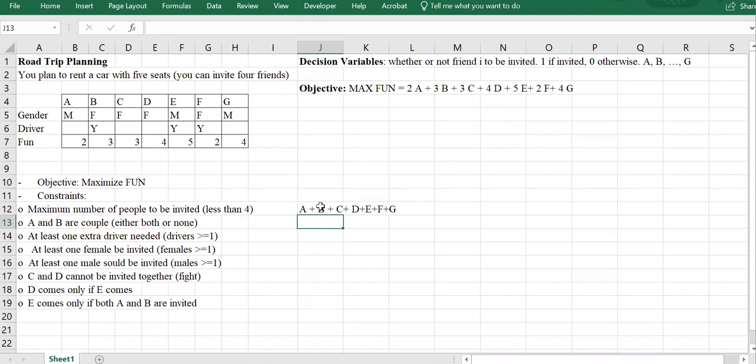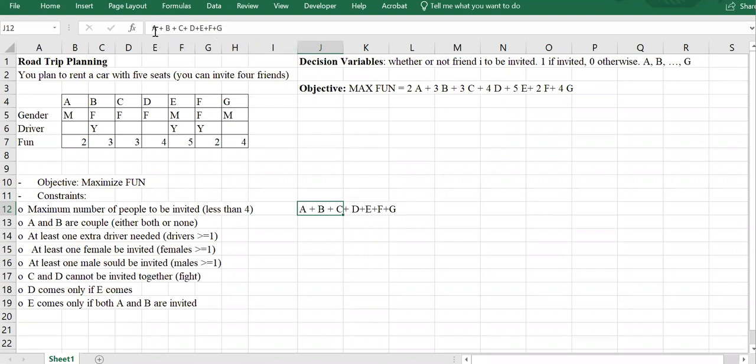It's going to give me the number of people who are going to be invited. If all of them are invited, all the decision variables are going to take 1, so 1 plus 1 plus 1 plus 1 plus 1 plus 1 plus 1 is going to be equal to 7. If only A is invited, it's 0, 0, 0, 0, 0 plus 1,